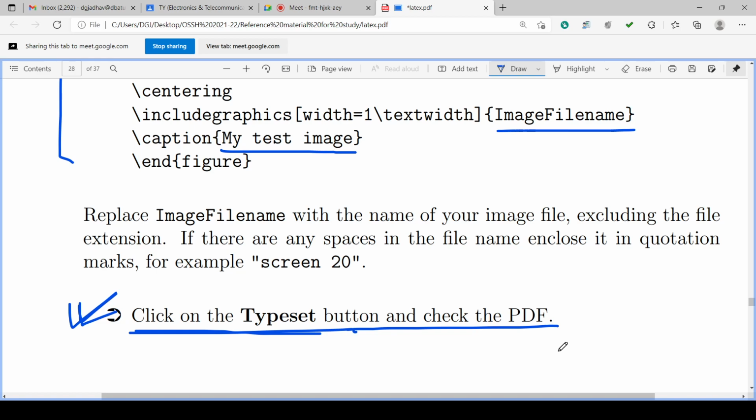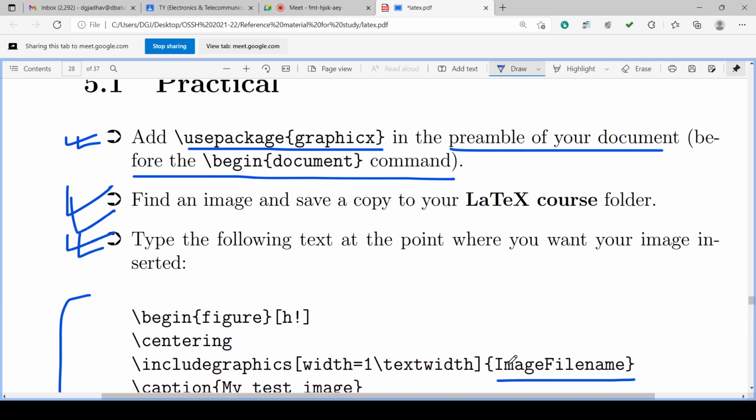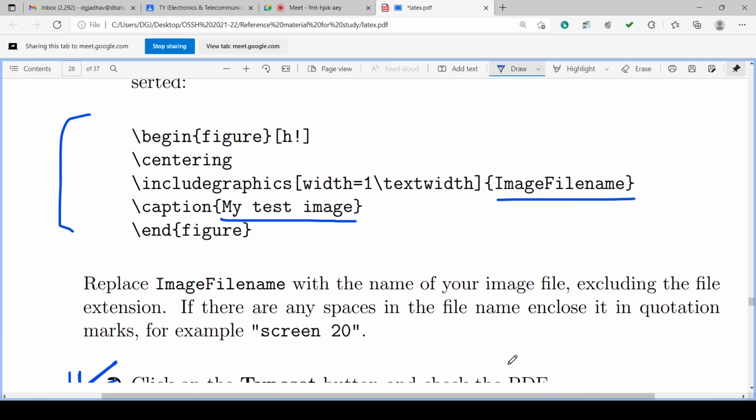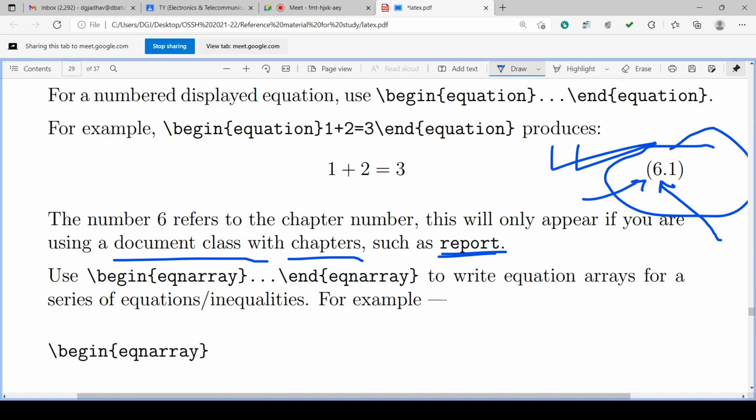You can click the PDF file and you can check whether it is as per whatever we have coded. Sometimes it is automatically launched. Okay. So clicking the typeset will compile the code and generate the PDF. So this is all about the practical of the image.